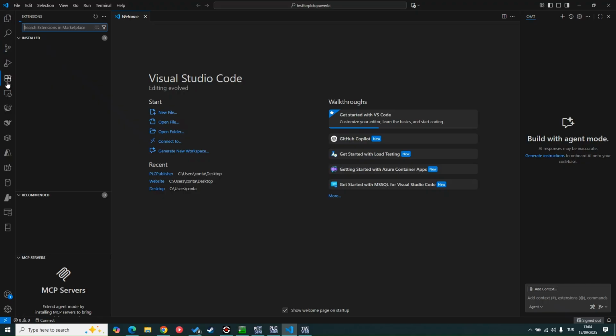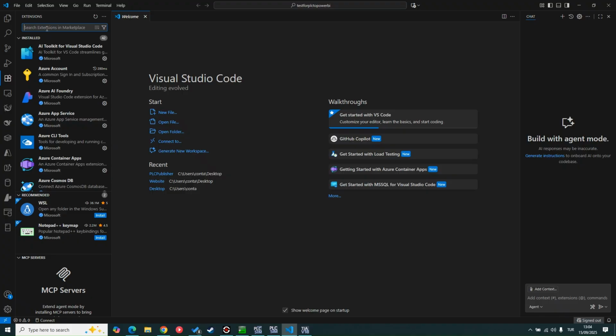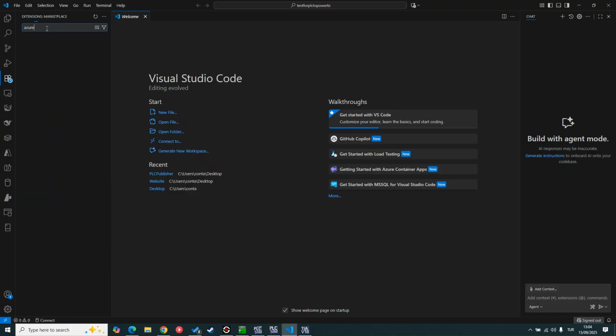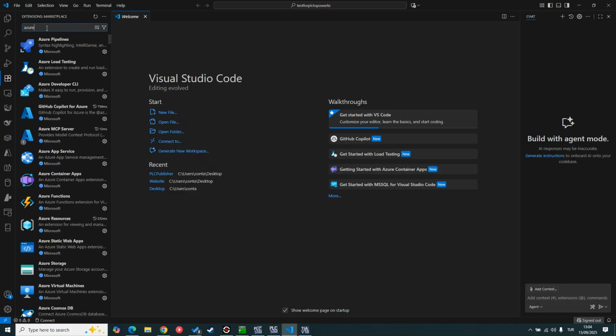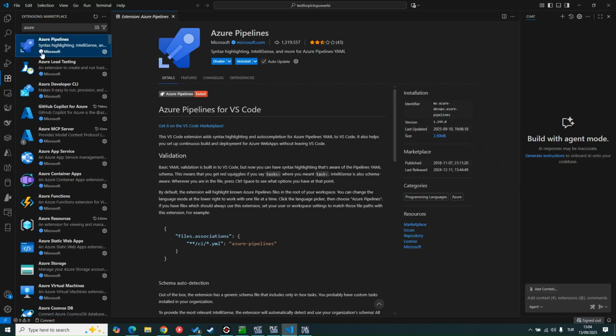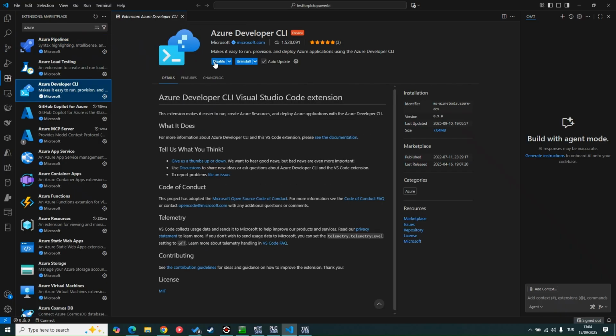You have to go Extensions and write down Azure. You will see blue check mark right next to Microsoft.com, and these things are the main things we're going to use. And download them all by pressing